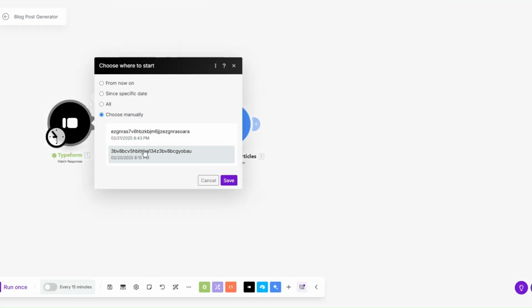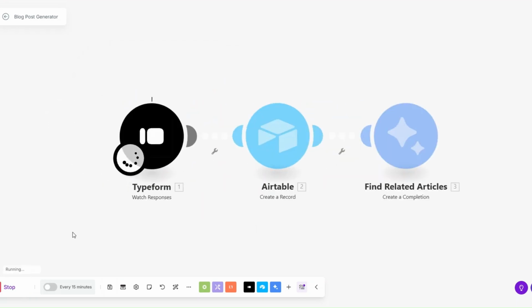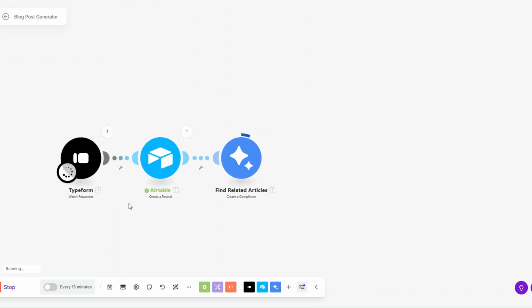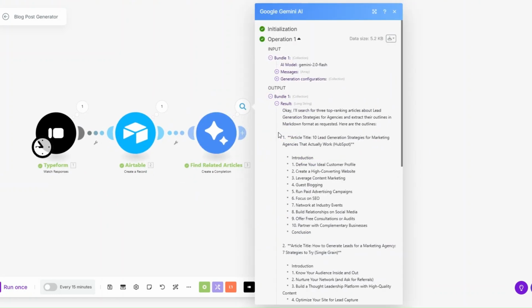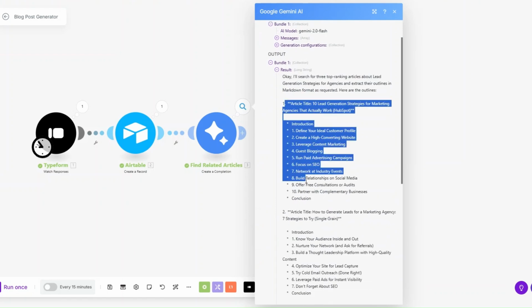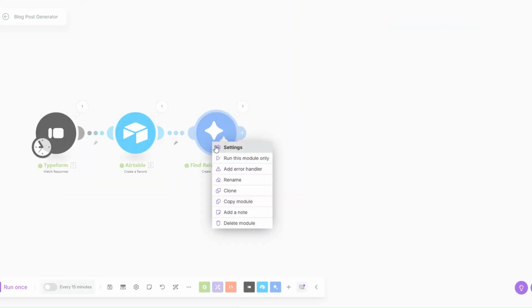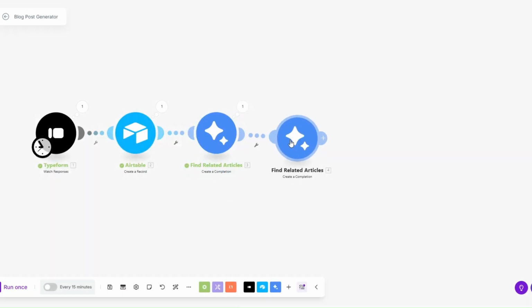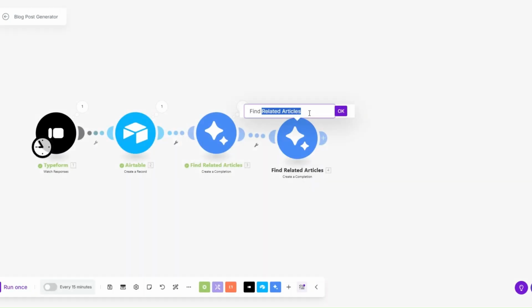I'll choose our previous keyword and run automation to find related articles. So here, when we check out the results, you can see we found 3 incredible articles related to our keyword. We can clone this, but instead of finding related articles, we can find citations. I'll rename this to citations